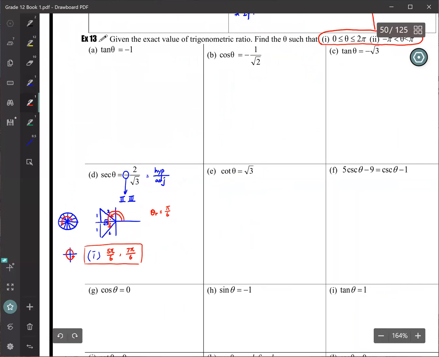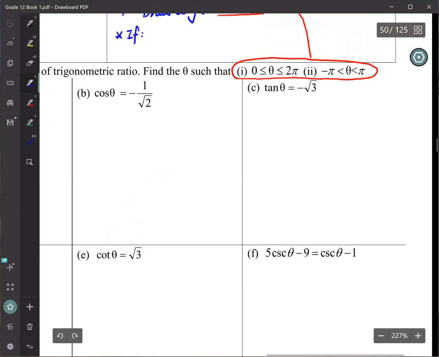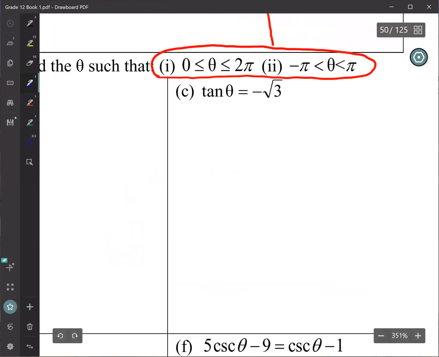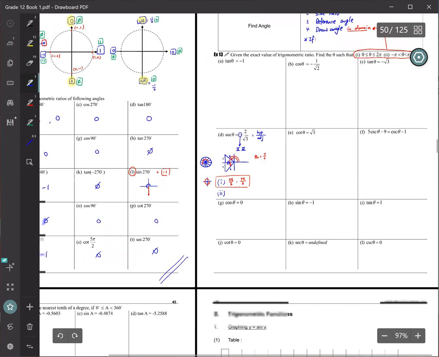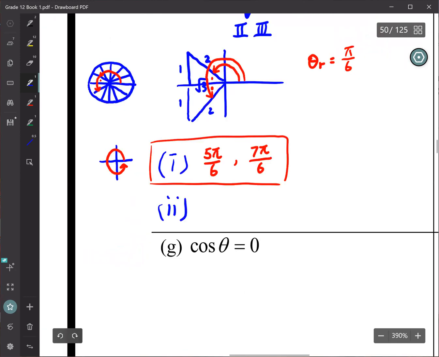Second part means the domain now is negative pi to pi. So you're searching for angles in a different section. Instead of a full circle from 0 to 2 pi, you want some angles that are negative and some that are positive, right? Negative pi to pi. So if I want to show that in a picture, this time I'll use green color. So the negative pi to pi,